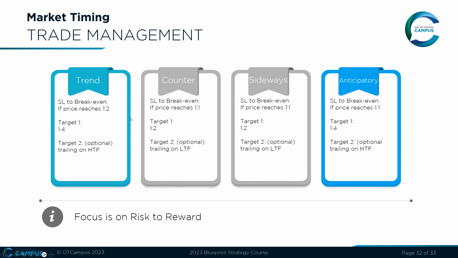So all the numbers that you see here, 1 to 2s, 1 to 1s, 1 to 2s, 1 to 4s, that's always based on risk to reward. And I'll show you how to put that into practice as well by using the Fibonacci tool in TradeStation. So we've got these 4 different trend scenarios, and based on those trend scenarios,